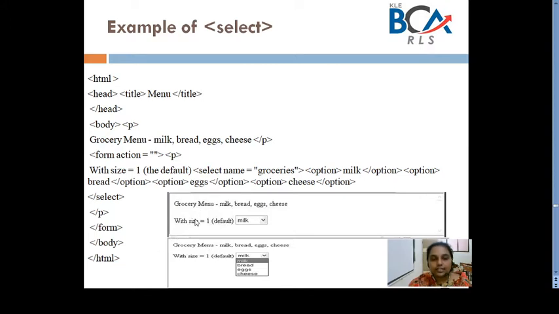In the output, we can see 2 outputs. Okay, the first thing what we can see here is the default size, that is 1. So can you see only one item is displayed at a time. Okay. Here the next part of the screen what you see below is also the same. It is also with the size 1, but when I click on the drop down menu, this menu is being displayed. So these are the 2 parts of your grocery menu.